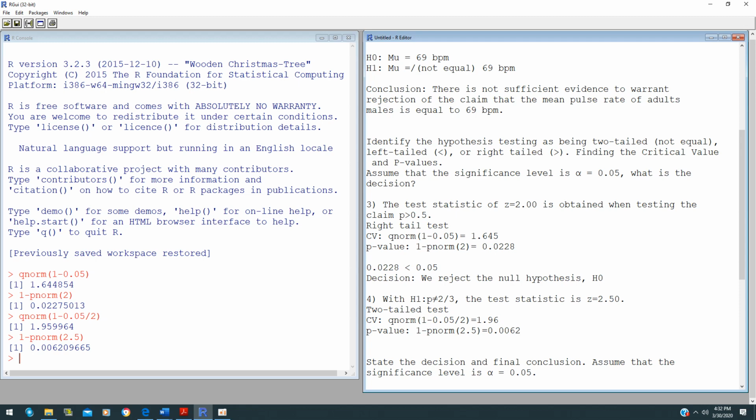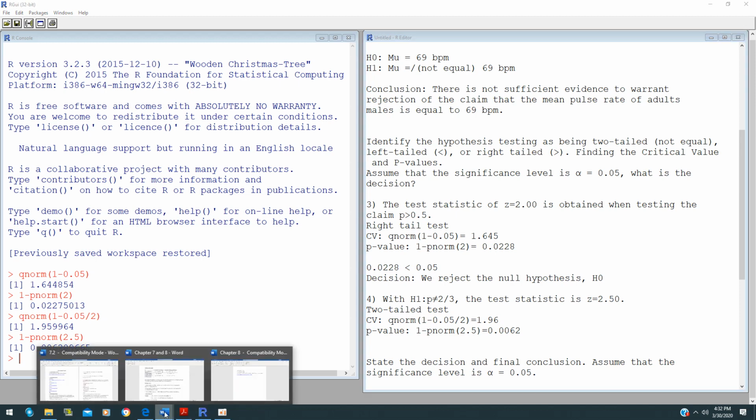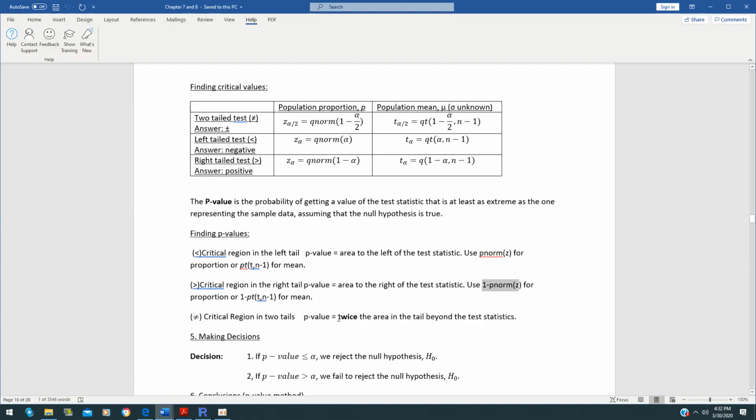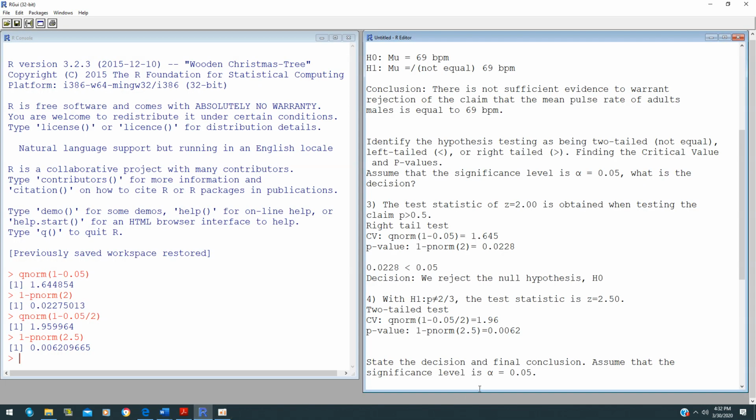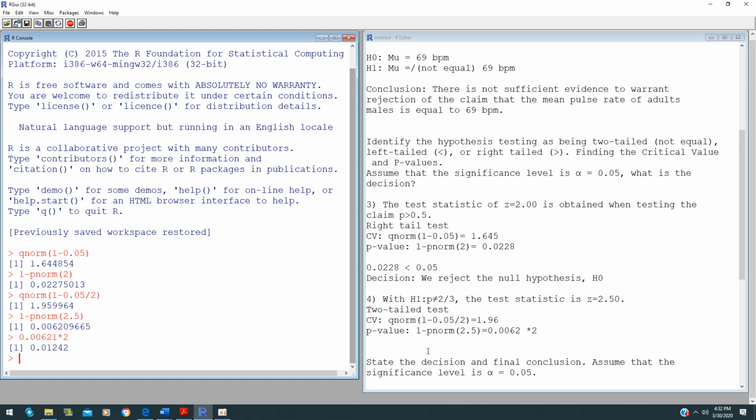But this answer is wrong, because this is a two-tailed test, and for a two-tailed test, you have to take twice this area. So in this case, you need to multiply this by 2. So if you take 1 minus pnorm(2.5), which is 0.0062, times 2, your answer for the p-value in this case is